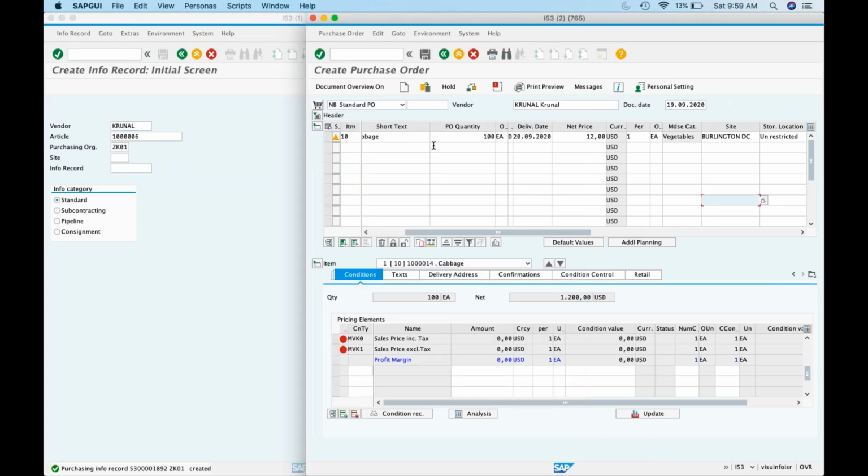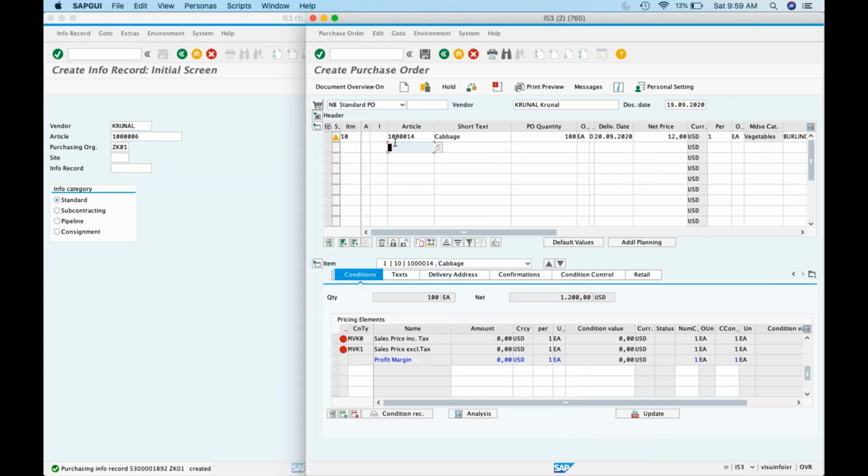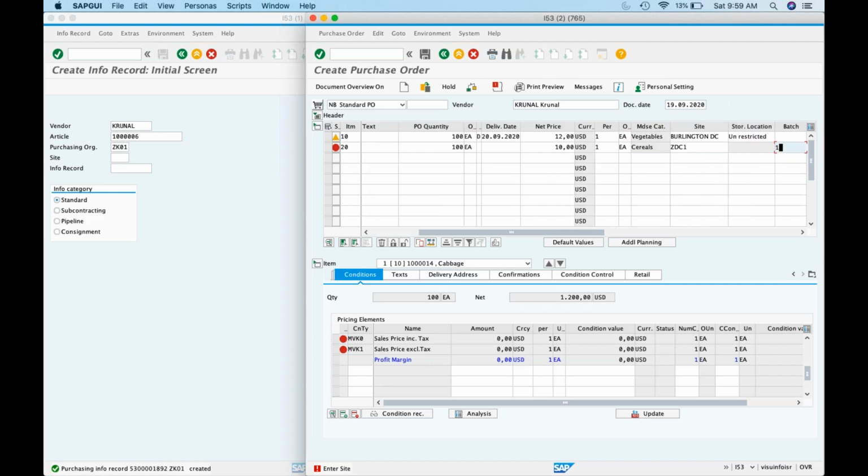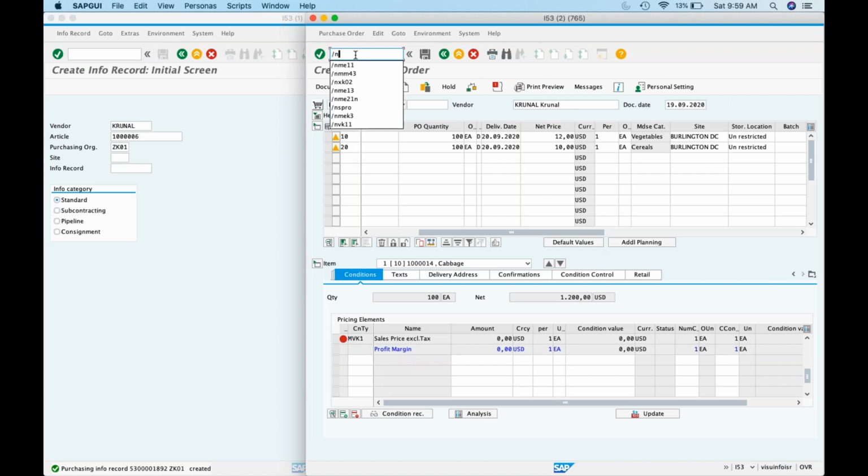So one issue with this purchase order is that when you have opened this transaction and if you update the conditions, this will not update.